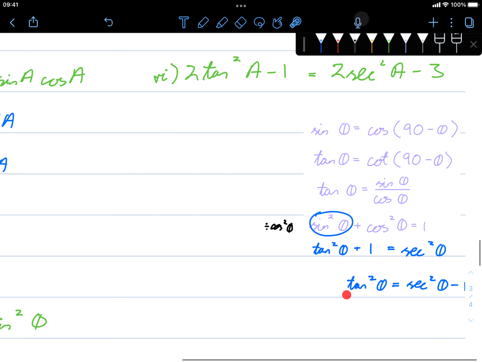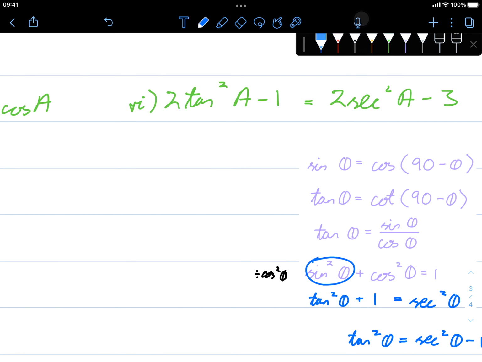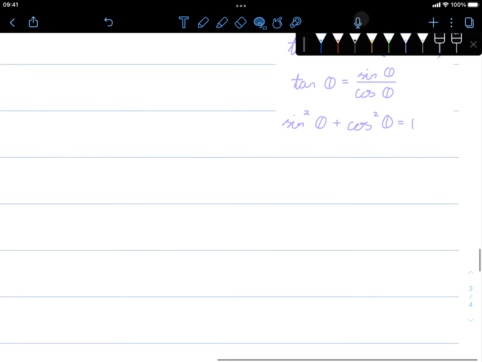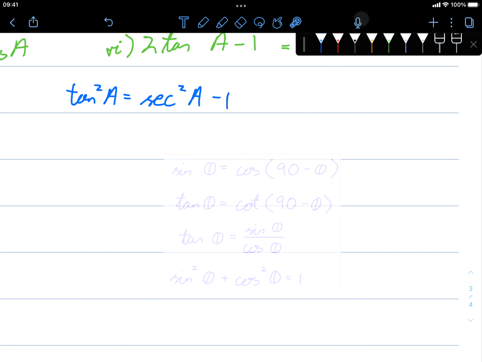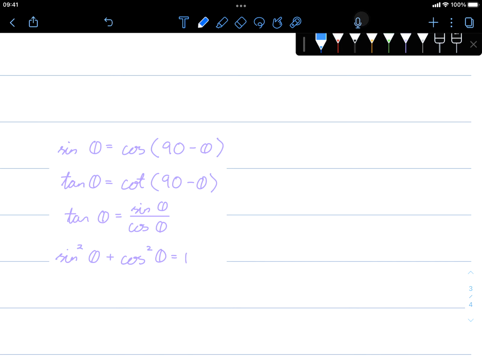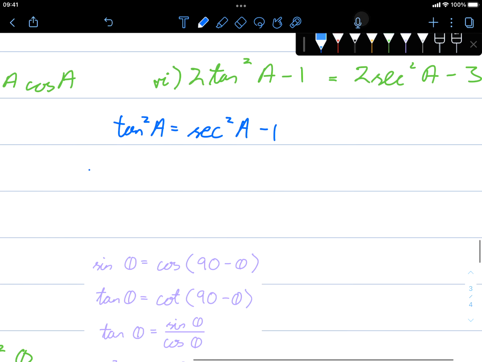So looking carefully, tan squared is sec squared minus 1. So we could just use that. We could say tan squared A equals sec squared A minus 1. Now I don't write the identity down because I like keeping my identity list short and just work to find the identities that I need. You could, if you want to, just write down all the identities, but as you can see, I prefer just keeping it really short. So from here we can say, therefore,